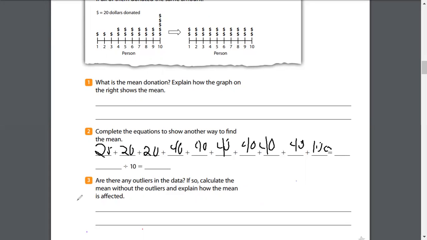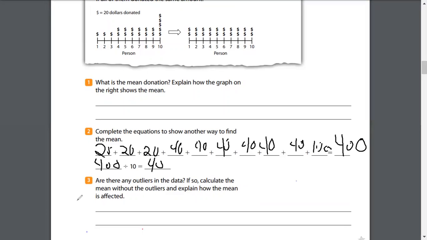So then that would add up to 400. Bring it down. So 400 divided by 10 would give you 40. Right. And that's how they got to it. Because they're saying if we put all the money together and then we divided it equally among the 10 people, it was $40 per person. So you put it all together, added it up, and then divided it equally.